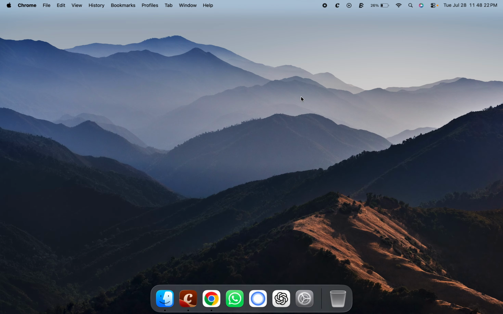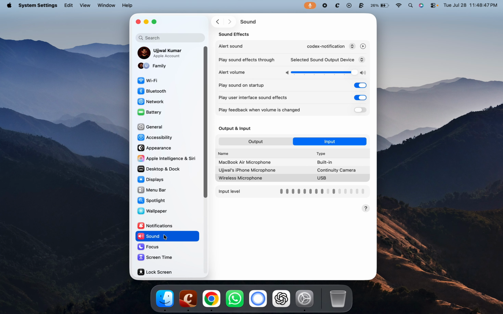So first, make sure your iPhone is unlocked and placed near your Mac. Verify that both devices are signed in with same Apple ID and that Wi-Fi and Bluetooth are enabled on both devices. Next, on your Mac, click on the Apple menu and choose System Settings. Now select Sound from the left side pane and under Input section, check whether your iPhone appears in the list of available microphones. If it still does not appear, restart both iPhone and Mac and then return to Input section